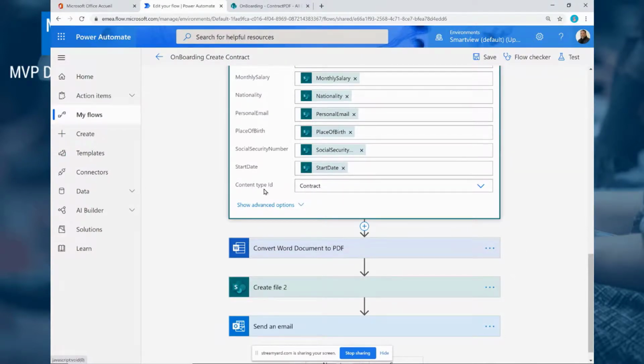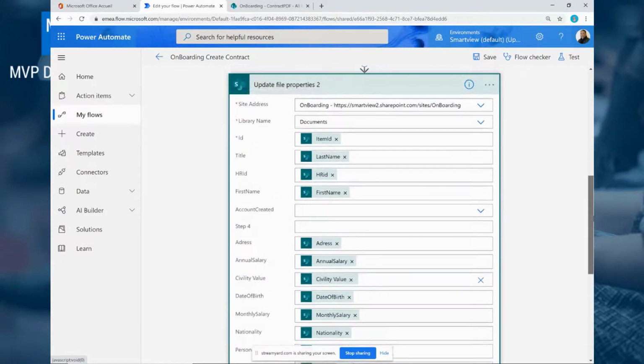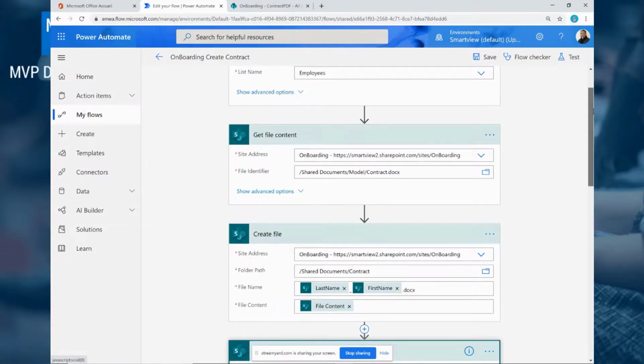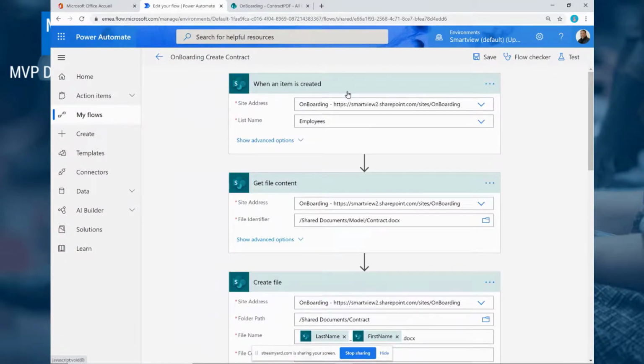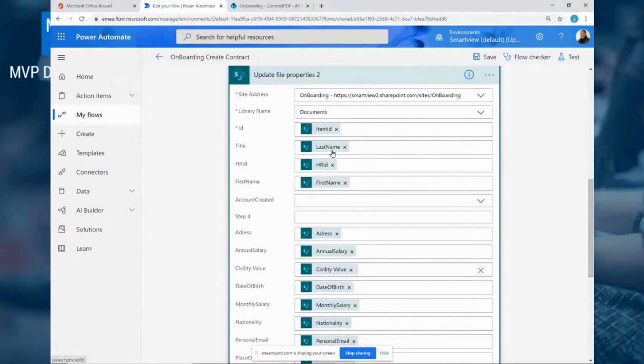When I put this content type here, automatically I have all the fields that are available. So the only thing I have to do is get all the different information that comes from my trigger when the item is created, and replace the last name, the first name, the address, etc., to update the file properties.